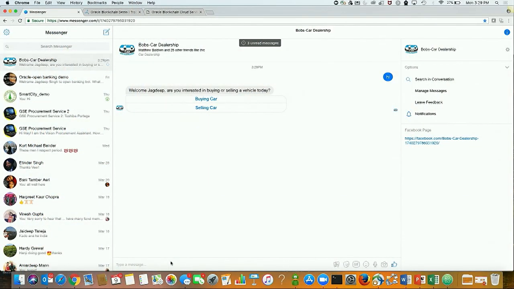There are about 2 billion people in this world who are using Messenger. My daughter, who's 15, the only way I can talk to her is using Messenger or chatbots. So let me show you a demo of how we are going to buy a car. We friended this bot from a Bob's car dealership. This is the car lot that we have right next door to my house. Here are two options. Siddharth sold the car. I'm going to buy a car here.